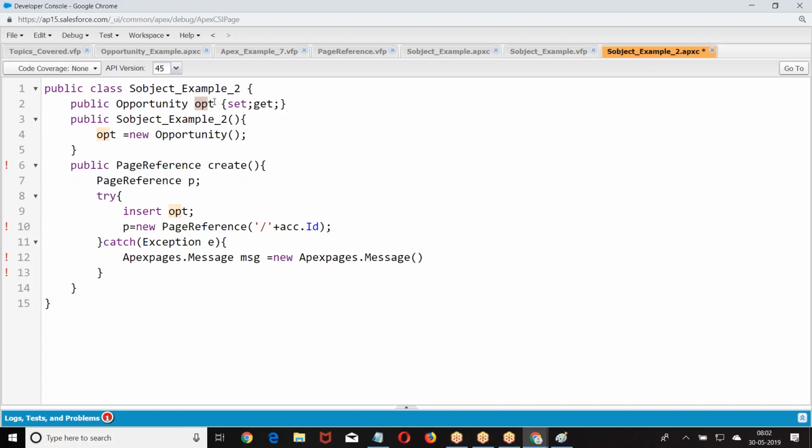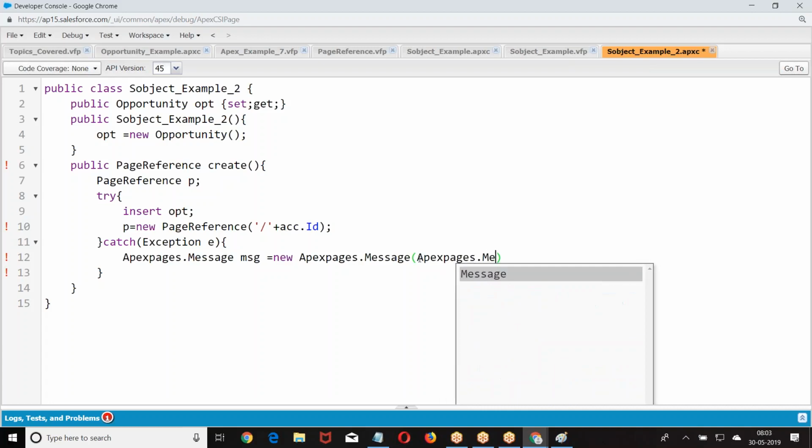No. If you don't assign any value to a reference variable, what is the value we have? Null. When I say null dot name, is it valid? Null dot industry, is it valid? No. So we are assigning the opportunity here first. Creating a new opportunity. This is a new opportunity, and I'm asking OPT to refer to this opportunity. But OPT is right now null. Now I'm saying create a new opportunity. This will create a new opportunity record. New opportunity, refer that opportunity with OPT. Now what is the value of OPT here? Null. Right?